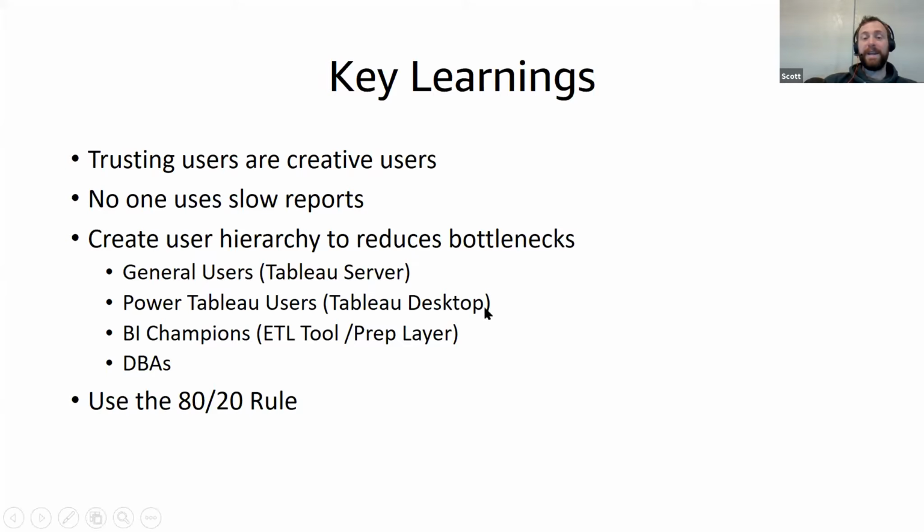If there's something that they need that isn't available in the DW, they take that to a BI champion. That's someone like a really trained analyst or a business intelligence engineer or something like that, to update or create some of these base tables that have aggregated data sets to allow for more complicated